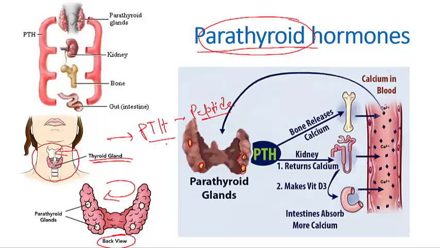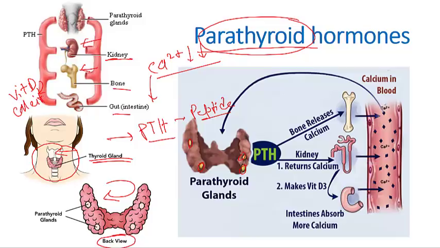This parathyroid hormone secretion is stimulated by a drop in the blood calcium level. If somehow there is a drop in the blood calcium level, that triggers the parathyroid glands to release parathyroid hormone, and this hormone targets multiple tissues listed here. It can target kidney, bone or gut. In the kidney, parathyroid hormone causes direct reabsorption of calcium. In bone, it causes the resorption of the bone, and in the gut, it stimulates the conversion of vitamin D into